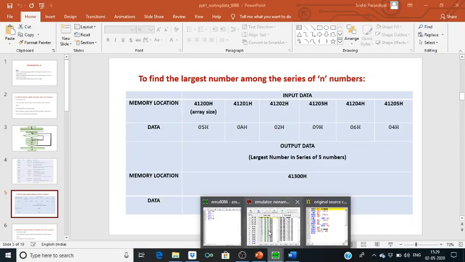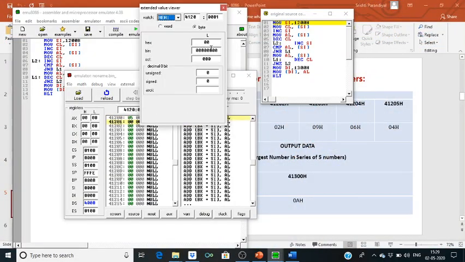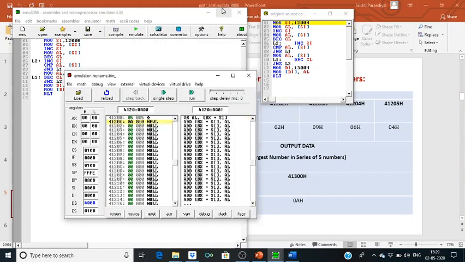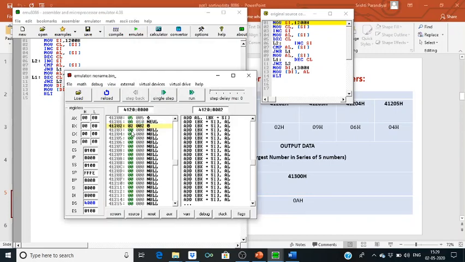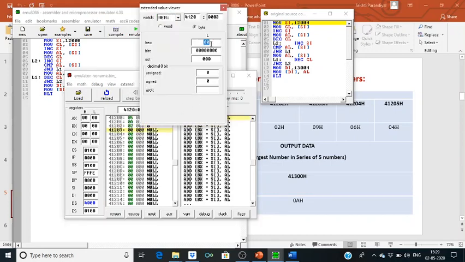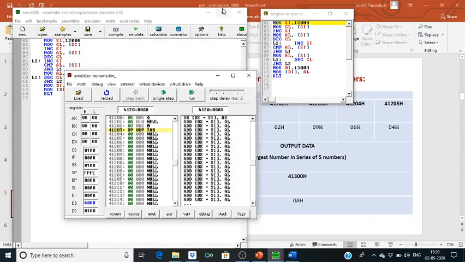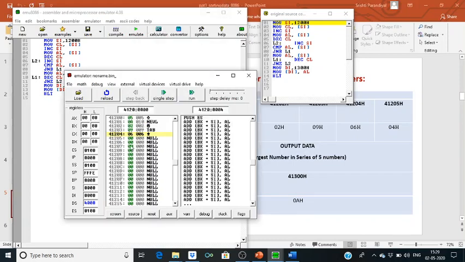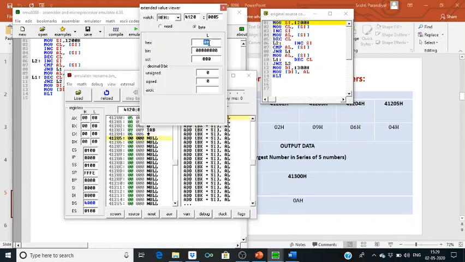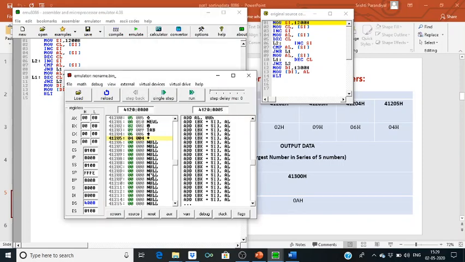So here we are having 0a, then 02, then 09, 06, and finally the last data 04. So now we have stored our input.